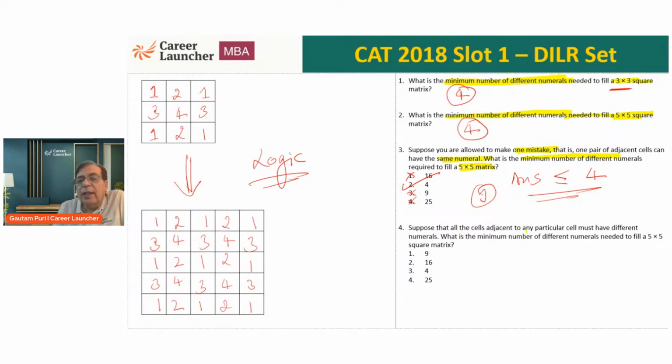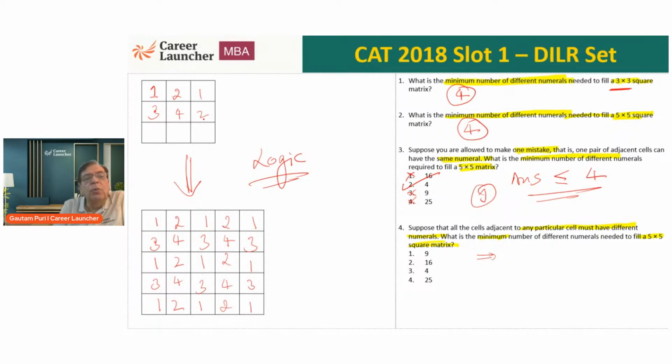Suppose that all the cells adjacent to a particular cell must have different numerals. What is the minimum number of numerals required to fill a 5 by 5 square matrix? Okay. First thing. Other than the 2, 3 things that we look at, the first thing: can I say in this case, because any cell must have different numerals around it, for example, out here,